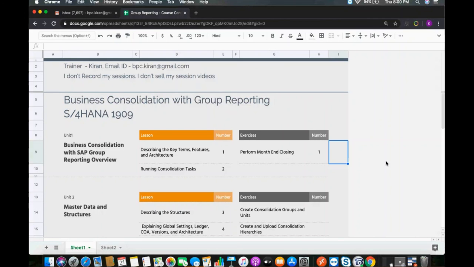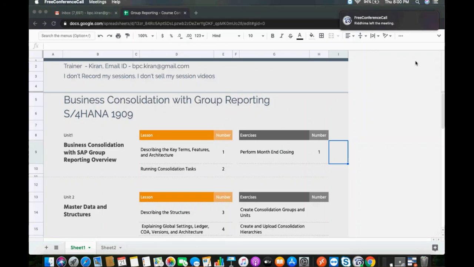So now the same feature they might be managing through BPC. Correct. When the parallel ledger concept came, I am new to group reporting, to achieve this same feature. I did not get that, your voice is breaking.